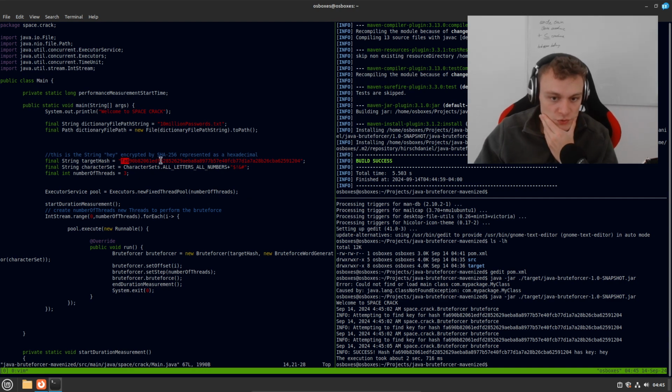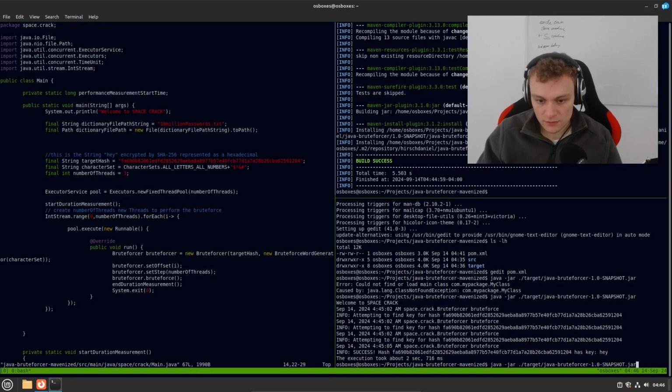So this string is the hexadecimal representation of the binary encryption of hey. So I'm trying to find this hash using this character set, which is all letters, all numbers, plus a couple of special characters,